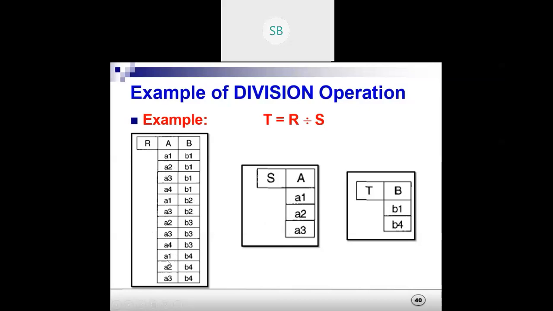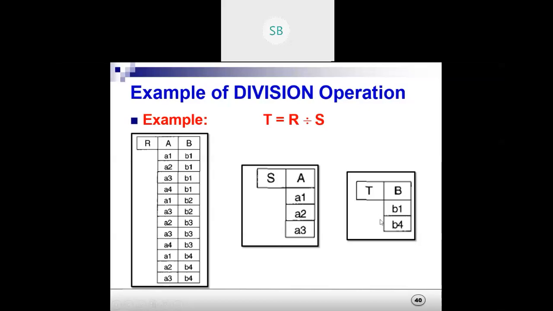Later, checking A1, A2, A3, we are getting B4. This pattern and this pattern match. That is why we are getting B1 here and B4 here. For A4, there is no question because we don't have any A4 here. Next, the A1 A3 pattern is not matched, and the A2 A3 A4 pattern is not matched. We need to match the pattern in both relations, both tables. Then only can we get it.